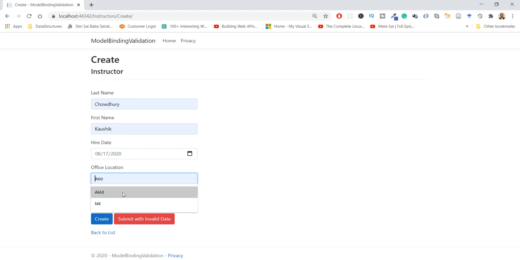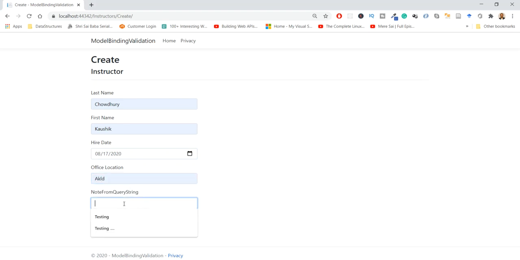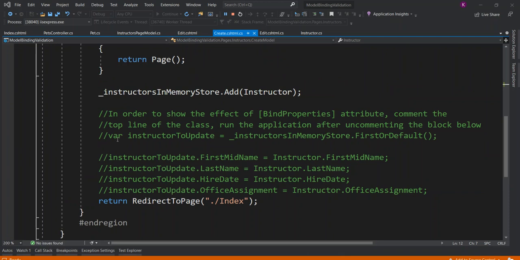So 17/8 and a note from query string testing, and if you click create, nothing happens.